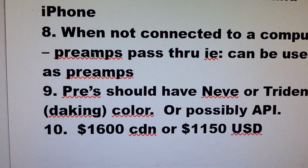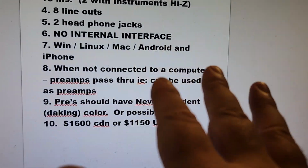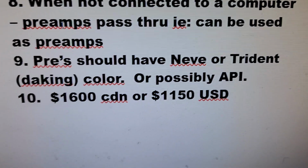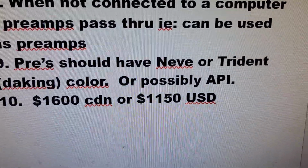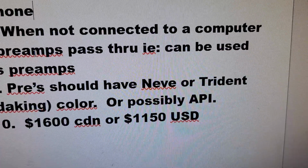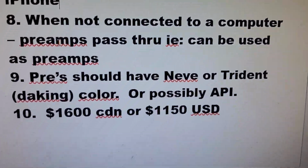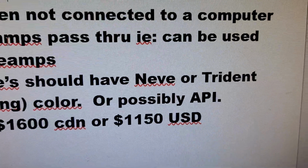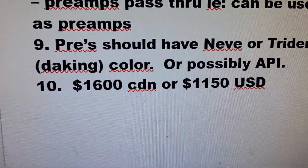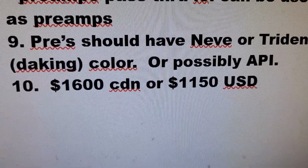And number 9, for me, I know you guys are going to have your own preferences on this. But for me, number 9, the pre should have Neve or Trident, Daking, color, or possibly I would accept API. And I'm not trying to gaslight anybody, but I say settle for API because it would be my last choice. And number 10, this is the price point I think it should come out at. I would be comfortable paying that,